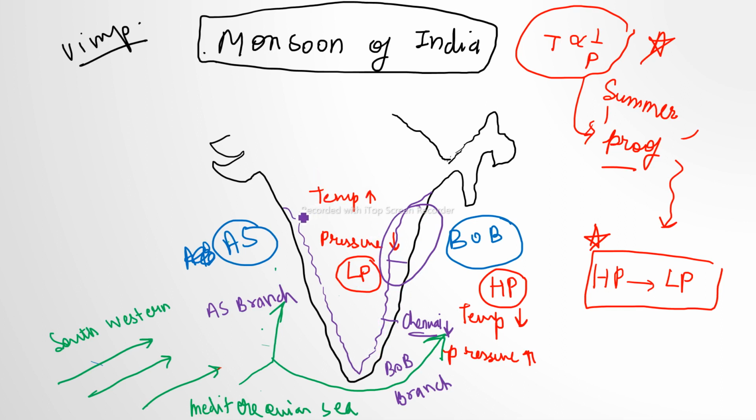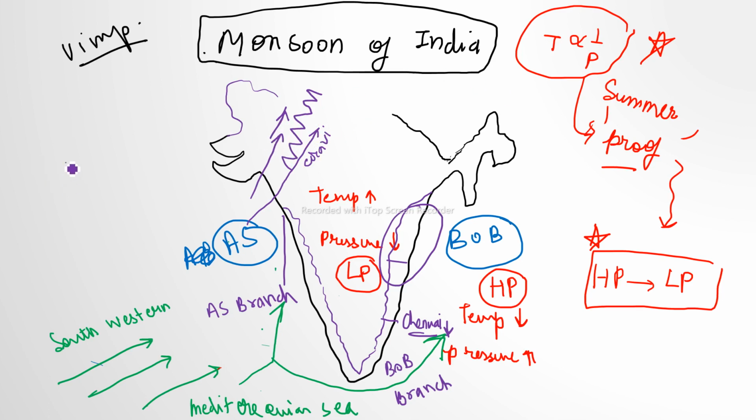Now, what is the issue with this Rajasthan area? Why is it not raining here? The issue lies in the mountain ranges, which is the Aravalli here, which we discussed in the previous video. The Aravalli range is running parallel to the Rajasthan area. So there are no mountains in the Rajasthan area, rather the Aravalli is running parallel. So the Arabian Sea branch is going to move just parallel to the Rajasthan area, and it is not going to rain because there are no mountains.